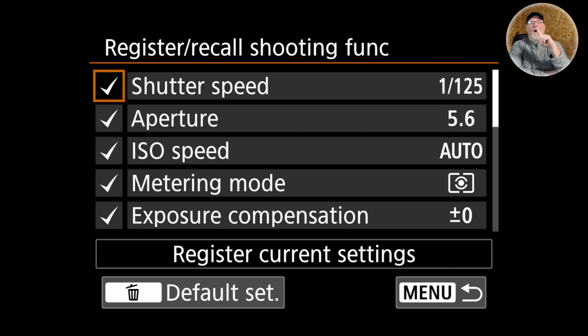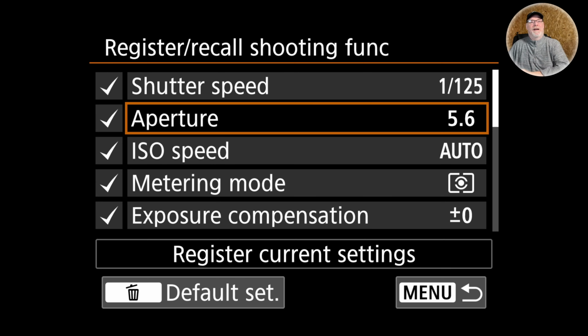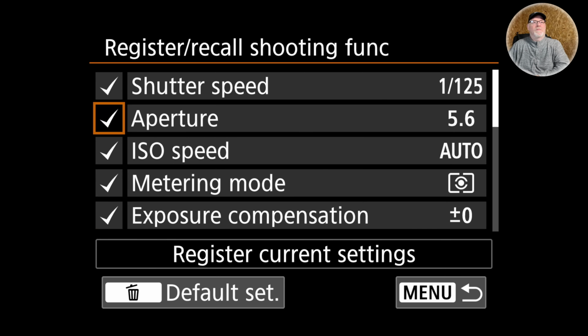So a couple things. Number one, if the box has a check mark in it, that means whatever you have set in here is going to override what you have set in your system. If you have no check mark and you remove the check mark, that means whatever you have currently set in your system, the camera will use when you hit the button to activate this function. So here's where you're going to want to set your shutter speed. So for me, I usually would, like I said, mileage may vary. I don't know what you guys are shooting, but I'll come down here and I will hit